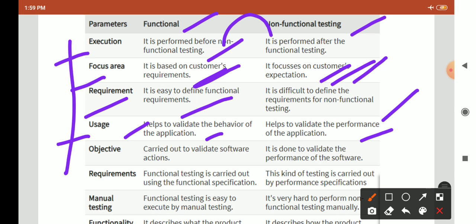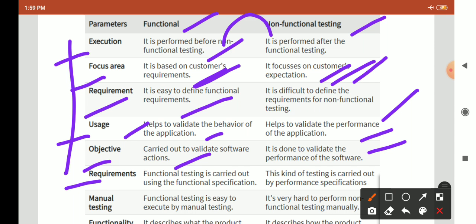Then objective. Functional testing is carried out for validating software actions, and non-functional testing is done to validate the performance of the software. So mostly in non-functional testing, the performance of your application is tested.